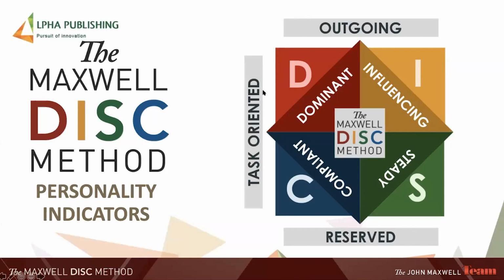Now let's talk about the left and the right side. The D's and the C's, the dominance and the compliance, continue to be task-oriented. They want to get things done. The dominant wants to see results. They want things moved. The compliant wants details and directions, and they want things to be right. They want reports. They are more drawn to task-oriented things. So if they had a choice between socializing and doing a task at work, they're going to focus on the task. They feel at home